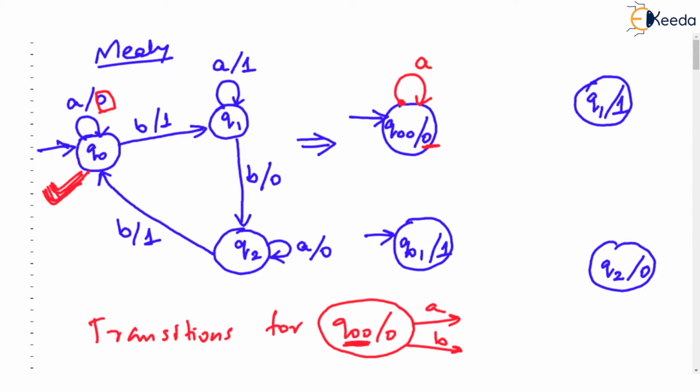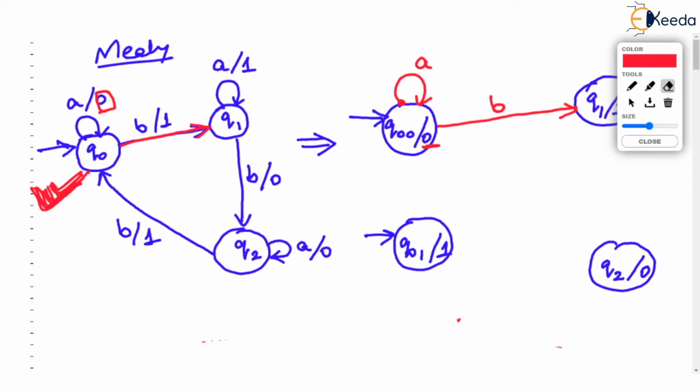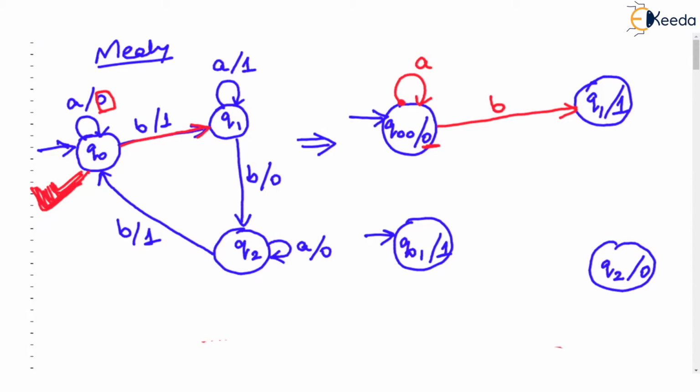Okay, let's find out the B transition for Q00. So let's ask Q0 again of our Mealy machine. Q0, what do you do on reading B? It says I go to Q1 state. Observe, it goes to Q1 state and outputs 1. And there is only one Q1 state which outputs 1. Fine. So what you observe is that Q00 state is done. Now no more talking about Q00, because both transitions A and B have been defined for Q00.